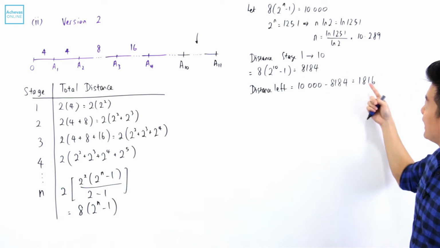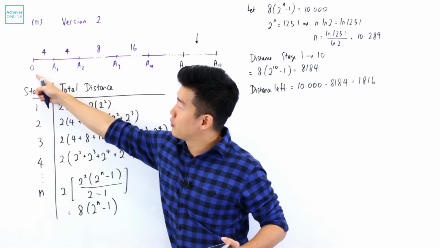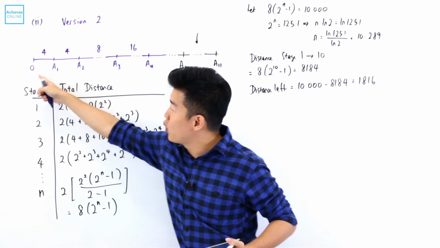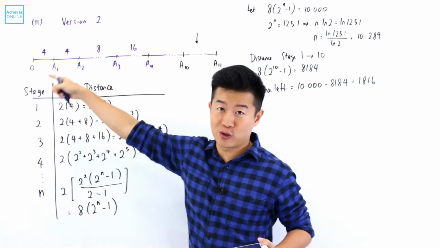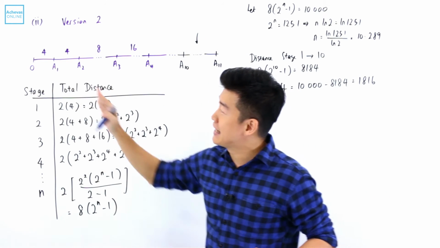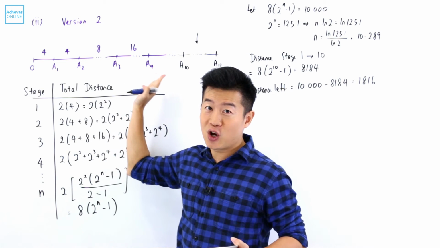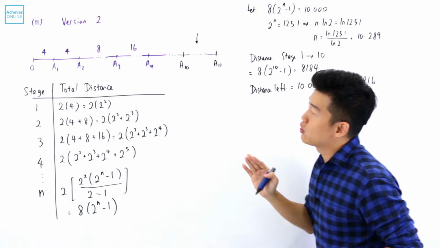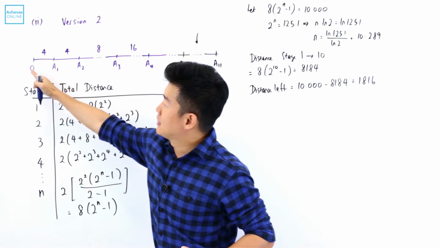But what we need to verify is one more thing. Because this 1816 is supposed to be running for stage 11, his route is supposed to be from O to A11, then back to O. What we need to verify is whether he is running towards A11 or going back from A11. And to do that, let's calculate the total distance from O